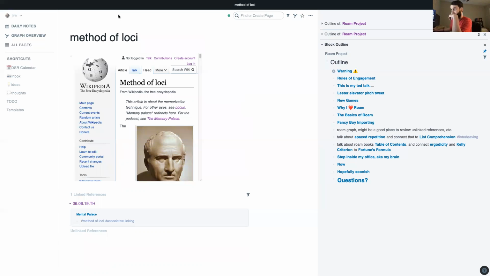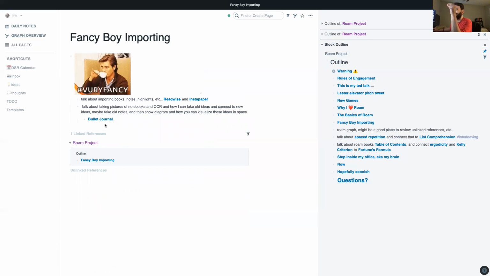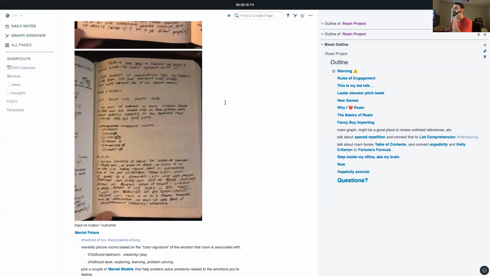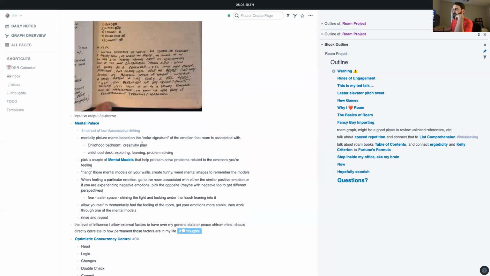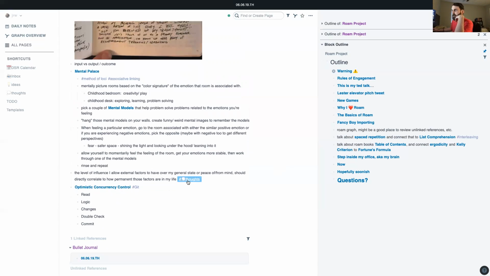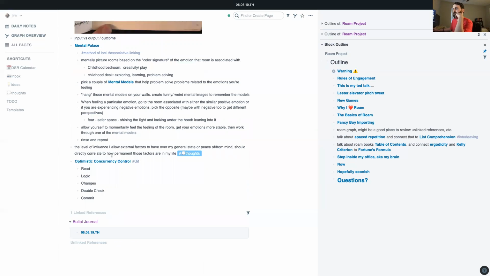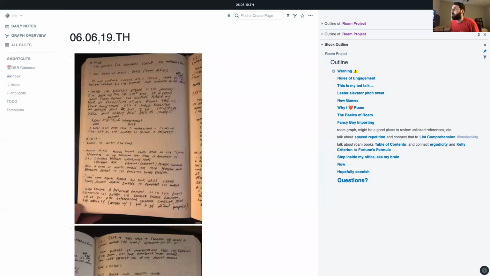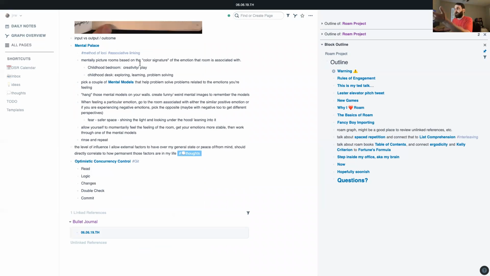That's the gist of it. So I just wanted to highlight that and plant that seed, because I'll be getting back to that. This is a journal I have, and you can see I have some thoughts. So this is a cool thing too. Optimistic concurrency control. I just had a note on this on a random Thursday in June of 2019. I don't know where I got it from, but it kind of reminds me of Git,